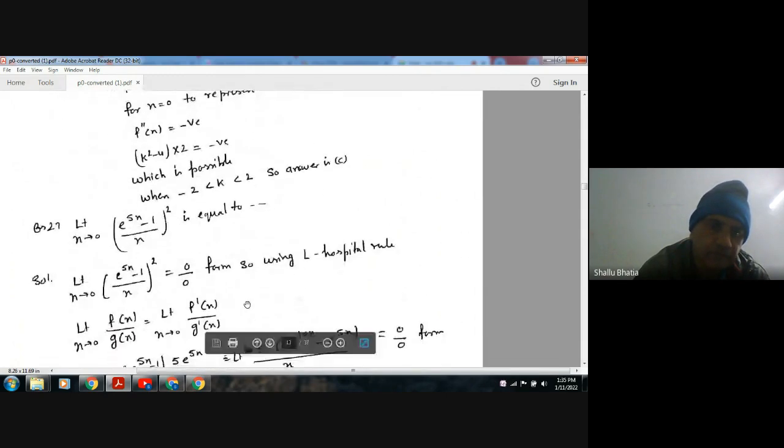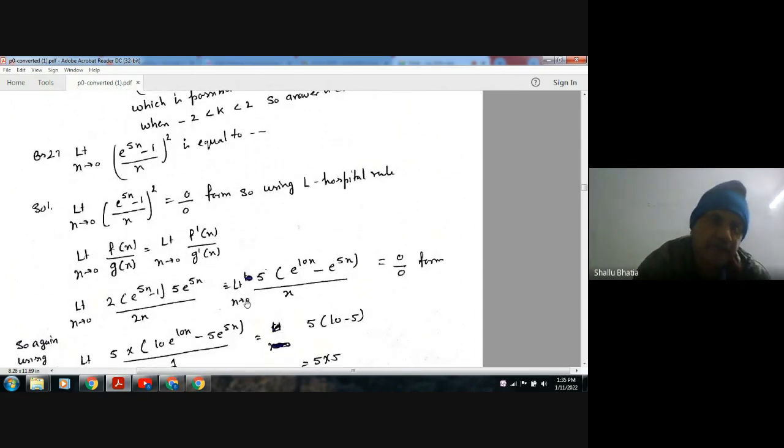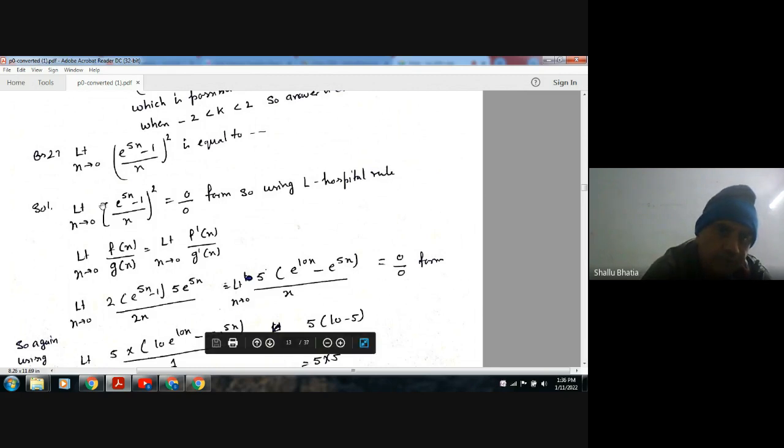Next, limit x tends to 0, (e^(5x) − 1)/x whole squared is equal to. If we put x = 0, we get 1 − 1 = 0 on top and 0 on the bottom, so it is 0/0 form. So using L'Hospital's rule. What is L'Hospital's rule? We have to differentiate the top term and the bottom term separately,